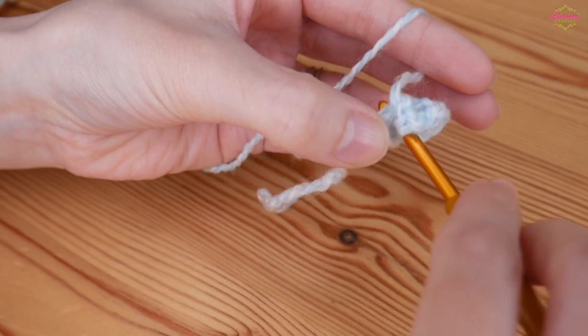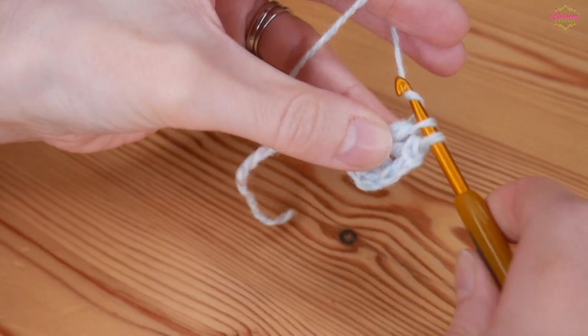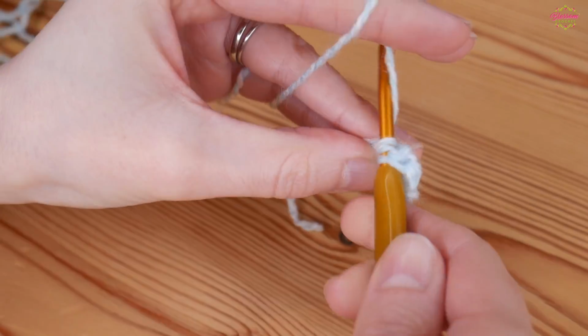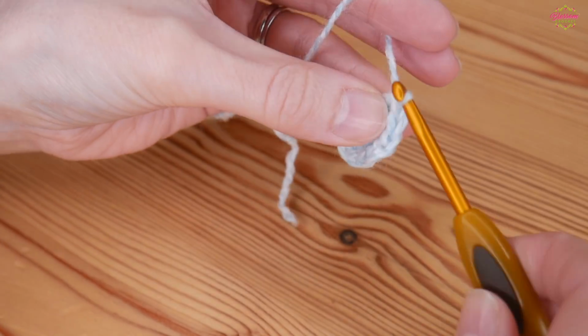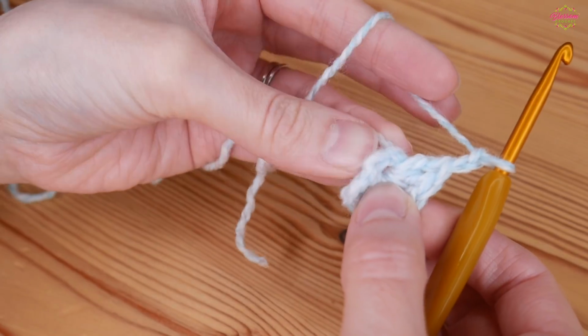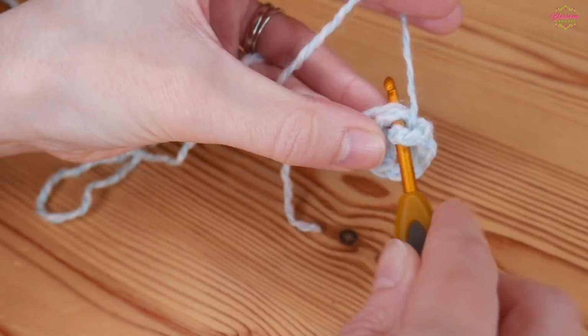that's 1, yarn over and pull up, yarn over, pull through 2, yarn over, pull through 2, that's 2, and 3. You want to create another corner, so chain 2, and then you want to do 2 more granny clusters separated by a corner space, so 3 trebles again,